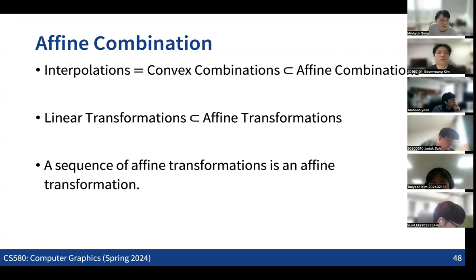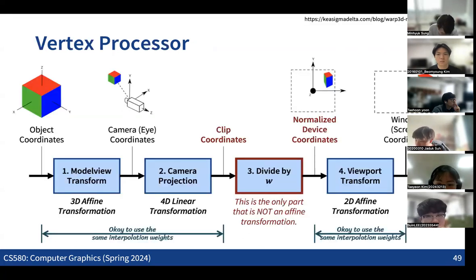So which means that if we are having the affine combination as our interpolation, and if we only have affine transformations, then actually we don't need to worry about those kinds of things. We can just use exactly the same weights for the interpolation and we're going to get the same outputs. So if we get back to the vertex processor, what we can see is that we have some